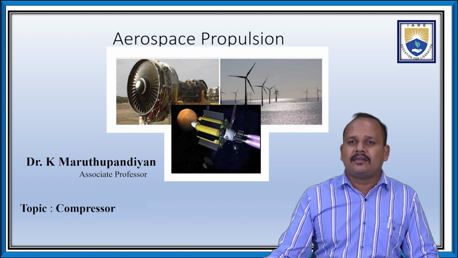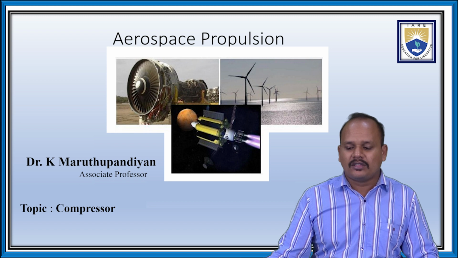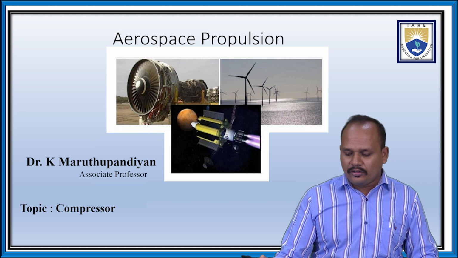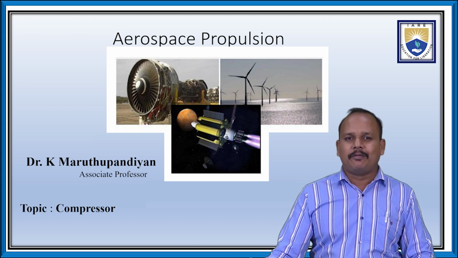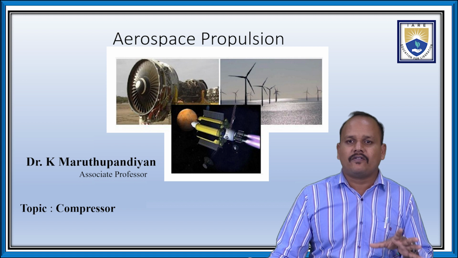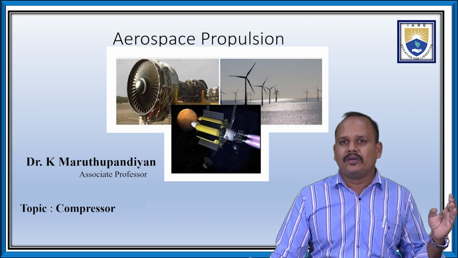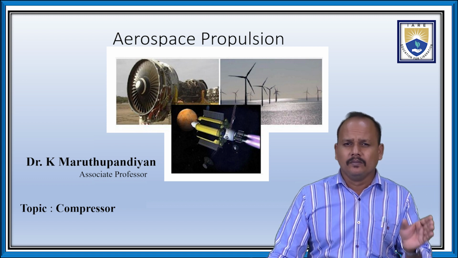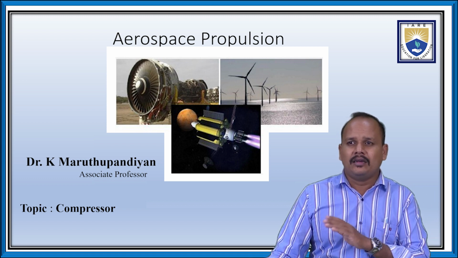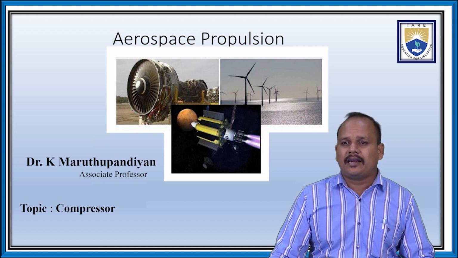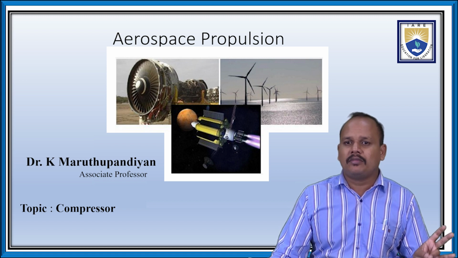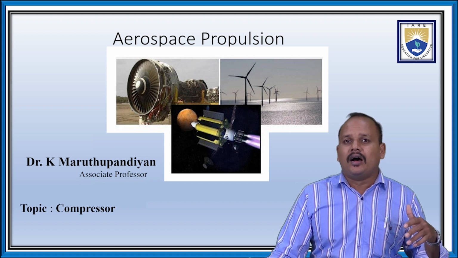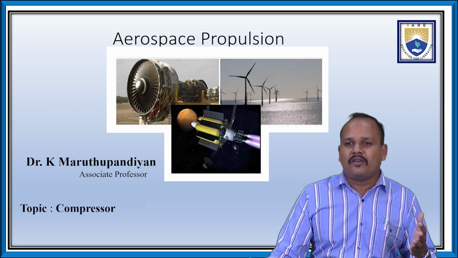So in today's lecture, we are going to start an entirely new chapter, which is the compressor. When we discussed the gas turbine, we saw the different components of a gas turbine engine. It starts with an intake or a diffuser. After that, we have the compressor, combustion chamber, turbine, and a nozzle. So we have already completed the static parts like intake, combustion chamber, and nozzle. Now we are going to discuss the rotating component, that is the turbo machinery of a gas turbine